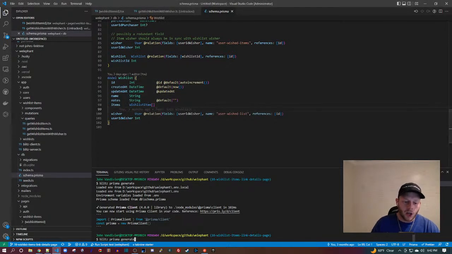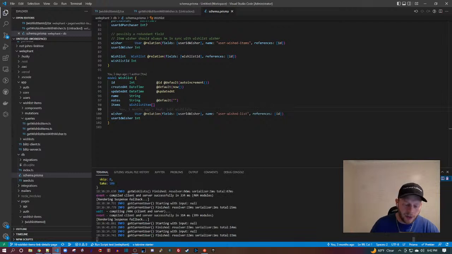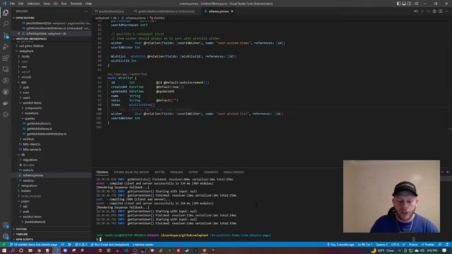Let's do some actual coding now. Okay, so let's use Blitz. So we saw the page that we're going to build. We're going to go build that page. How are we going to do it? We're going to use Blitz to generate the database entity and CRUD (create, read, update, delete) GUI pages, all in one swoop. All in one swoop. This is wild. Watch this.